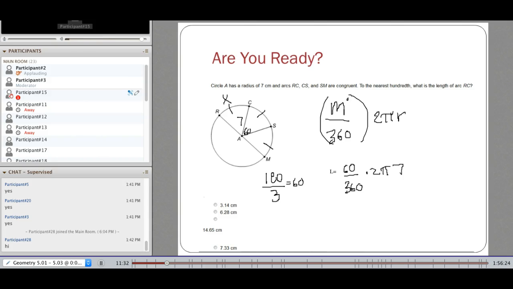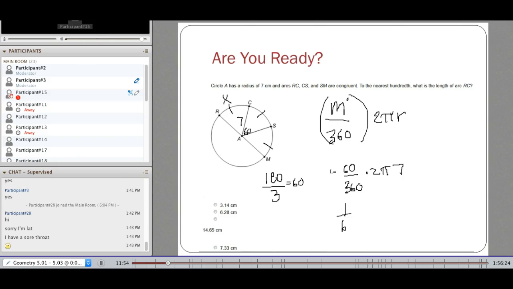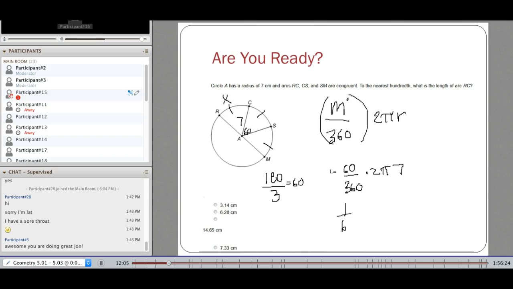I know 60 goes into 360, so that turns it into 1/6, and then 2 times 7 is 14, times pi would get it to